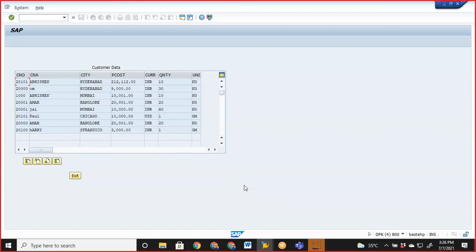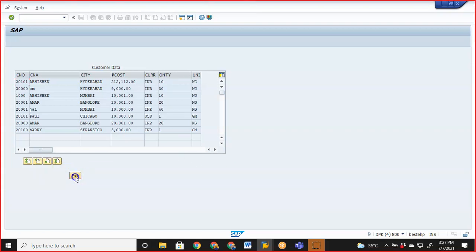Now what we can design is a logon page. You can give username and password. If you give the username and password correctly only, you can get into the screen. Using the modify, you can hide the password. Then once they log in, you can ask them for user parameters or select options, and then the third screen you can give here. You can do a lot of manipulations, but here what we have done is we just simply written the data which we have in the simple table into a screen.